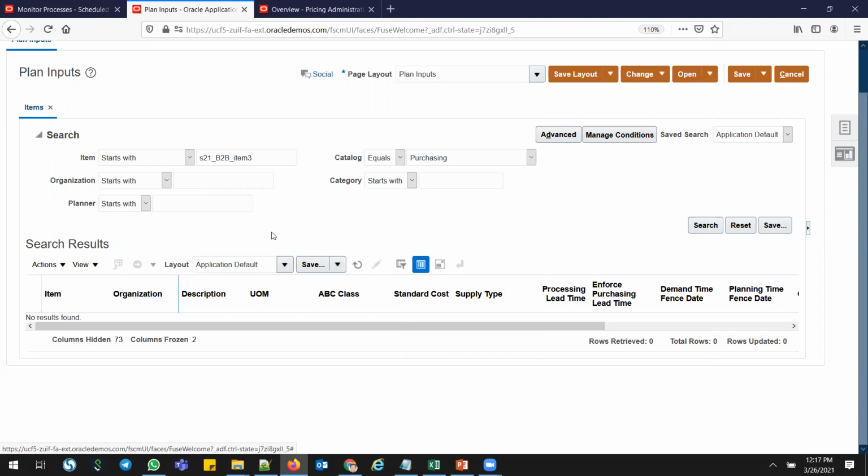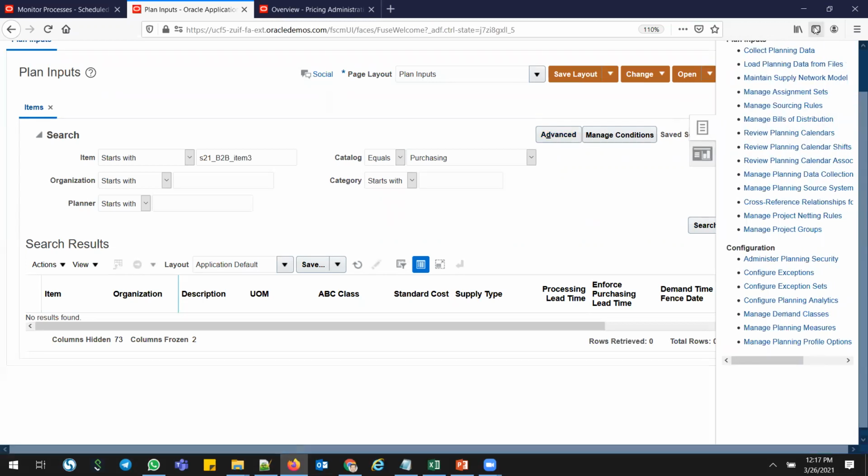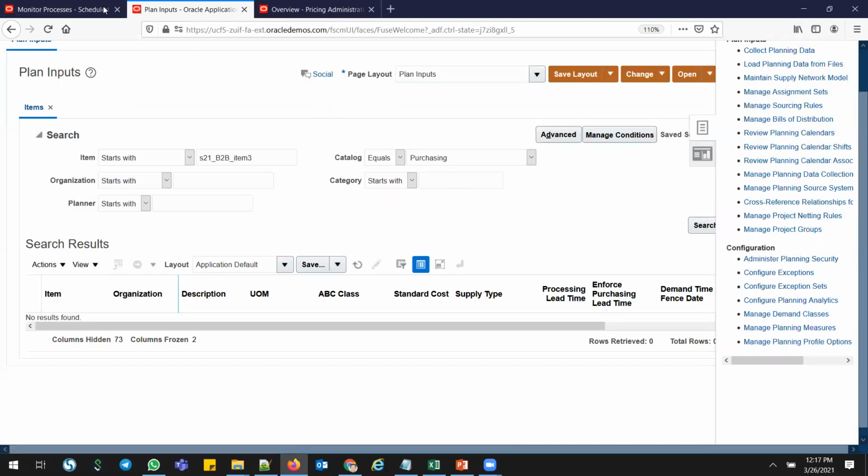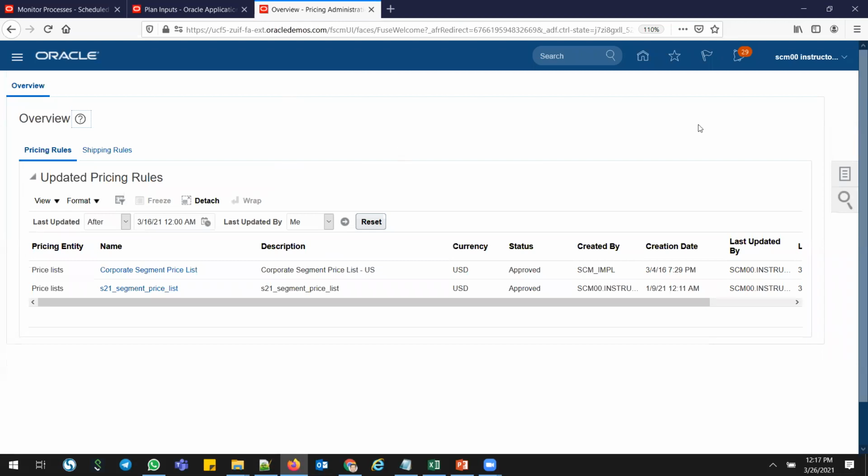I'm not sure why it was not collected. Let me go back again. So go to collect planning data. Sorry. So let me go into that sourcing rule directly. So go back.